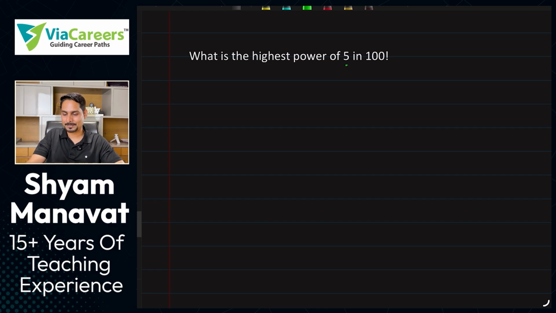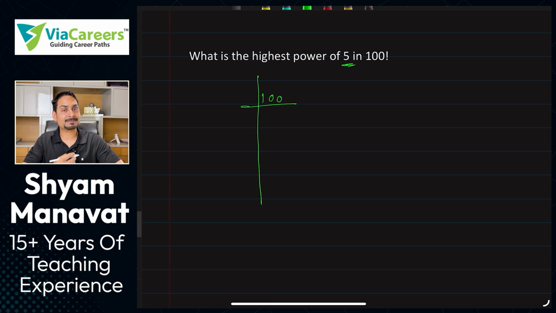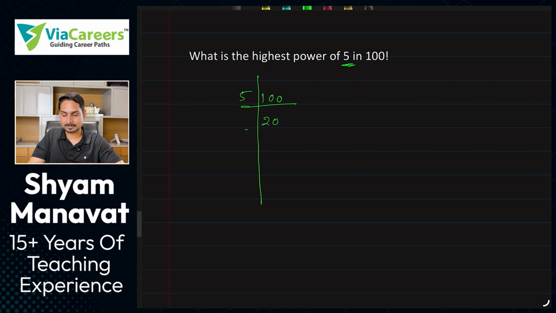हो जाएगा आपसे. Shortcut लगाओ. In 100 factorial, so we are going to write 100. We want to check highest power of 5, so divide by 5. This is 20. 5 4s are 20. Now further it is not divisible by 5, so you can stop it here. Now excluding 100, add the remaining quotients. Sum 20 plus 4, 24.